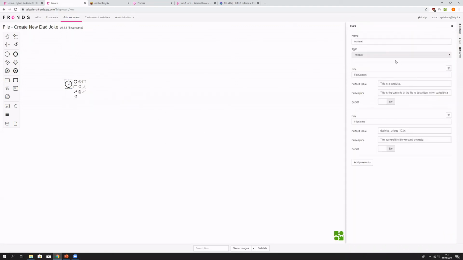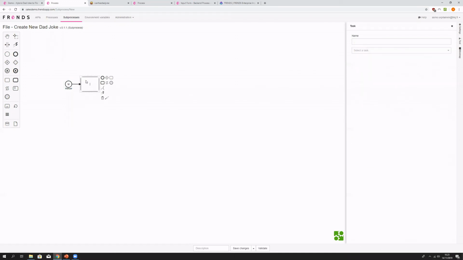So now that we have our parameters set up for our subprocess, or basically our remote executable for the creation of the file or the hybrid execution,